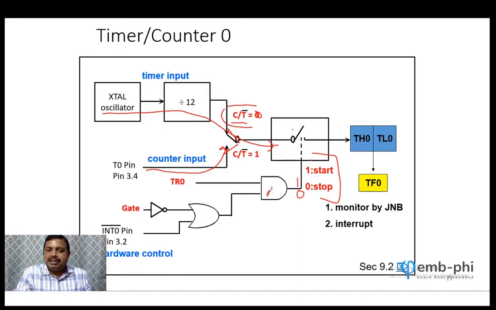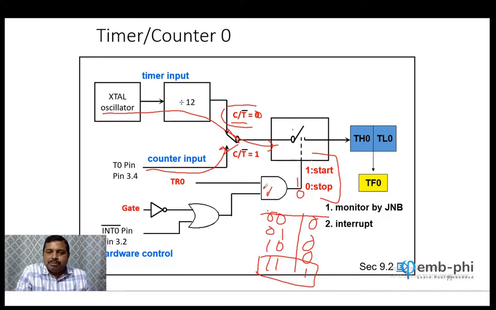And this is an AND gate. AND gate you may be knowing. 0 0 0, 0 1 0, 1 0 0, 1 1 1. AND gate means when both inputs are 1, then only we will get 1 here. Okay, this is the AND gate. Both inputs 1 means this also needs to be 1 and this also needs to be 1.